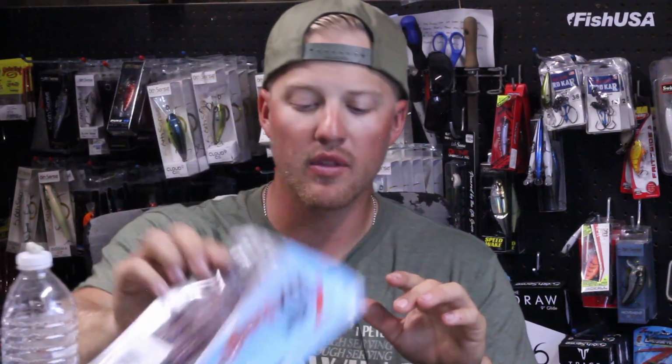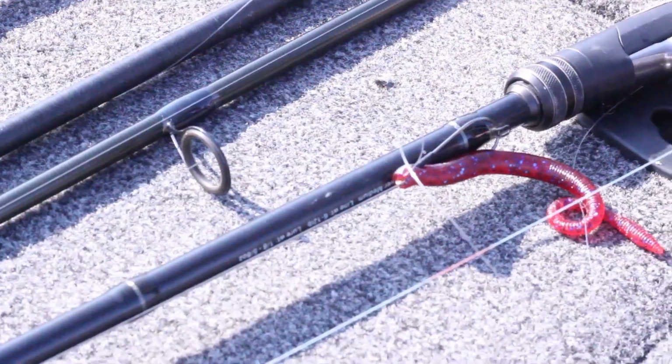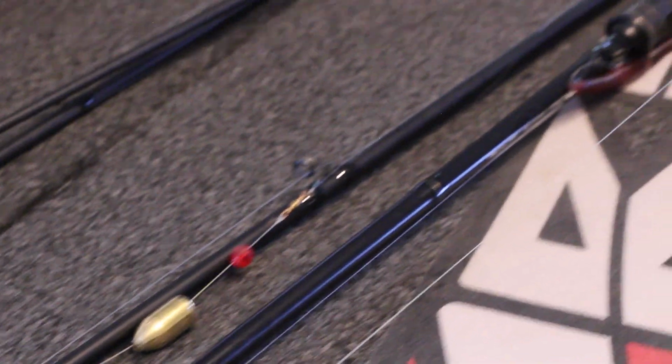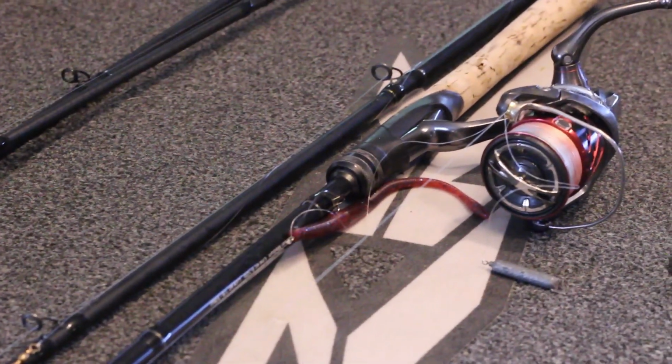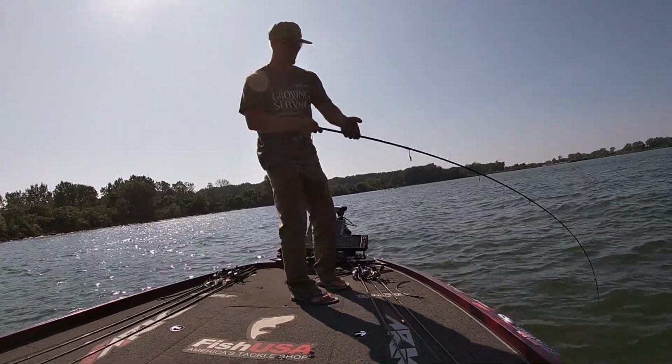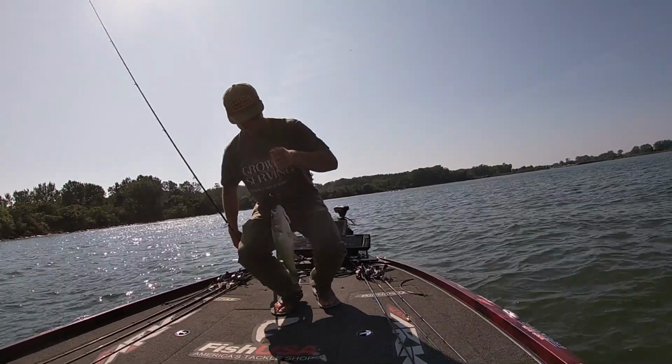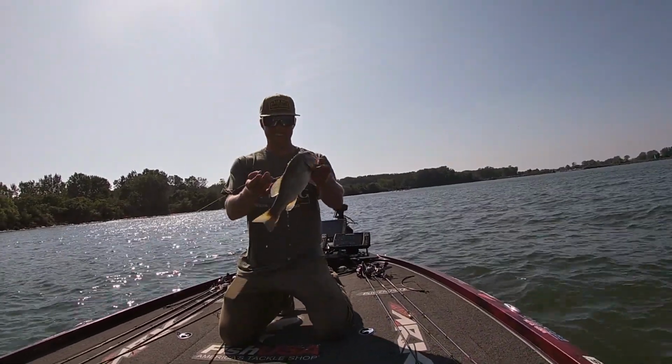Now, the other approach is going with something like a drop shot with a smaller worm, a smaller swimbait, or a Carolina rig, because as we all know, these baits get big bites, but they also get numbers of bites. There's a problem you're going to run into, but you're also going to catch fish, right? That's going to be the one thing you have going for you: you're going to get bites. But the problem is they're not always going to be the biggest bites. And so if you pull up on a brush pile and there's 10 fish in there, one of which is a 7 or 8 pounder, and then some 3 pounders, and then a bunch of 2s